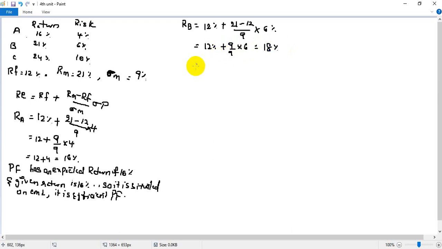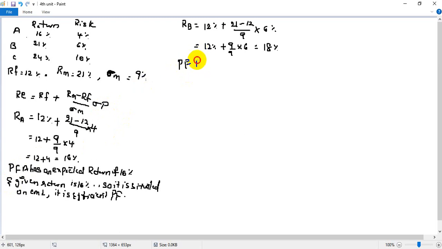Both will cut. So now this is above the CML. That is not an efficient portfolio. Similar to what you wrote before, you need to write down that it is not an efficient portfolio. So for the conclusion, portfolio B has given an expected return. What we have written for A has to be written over here.